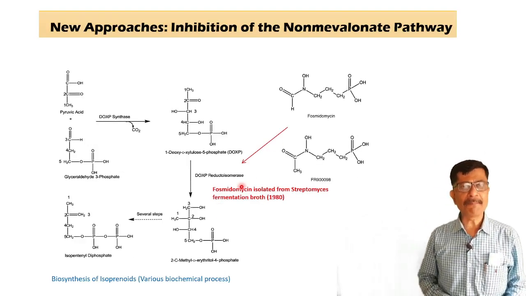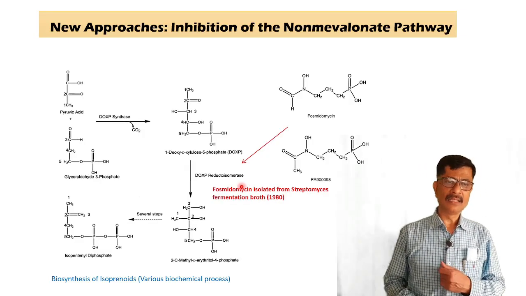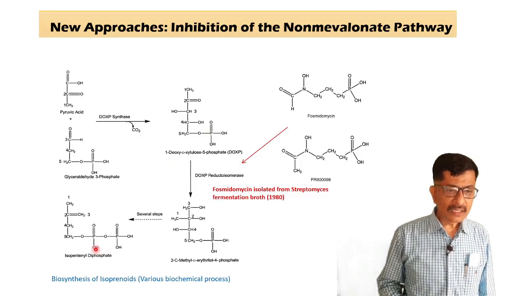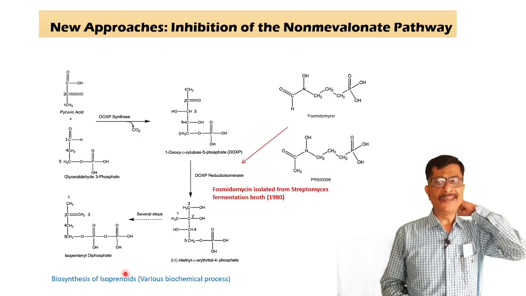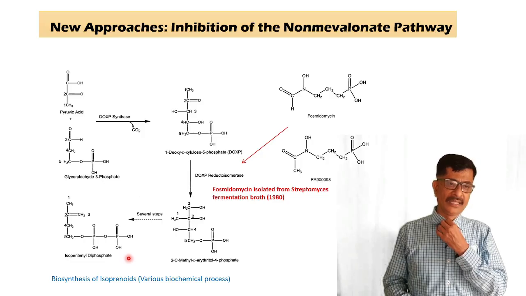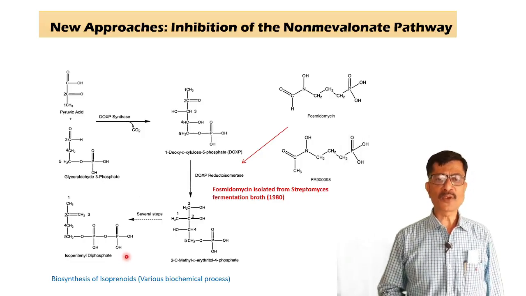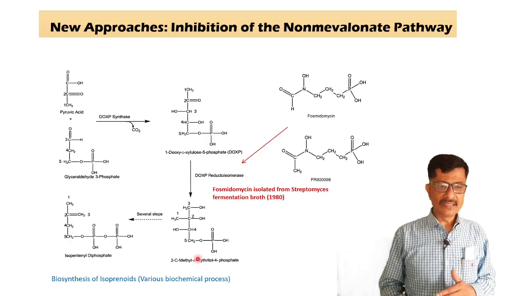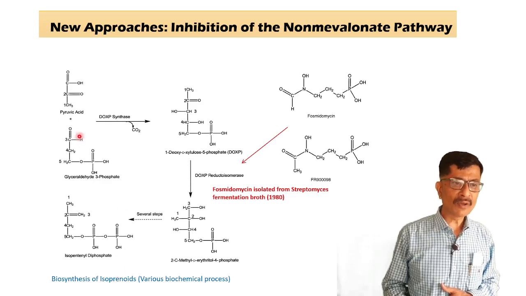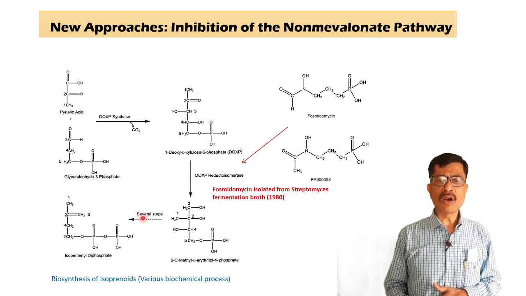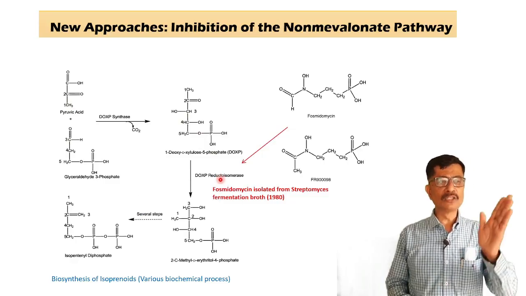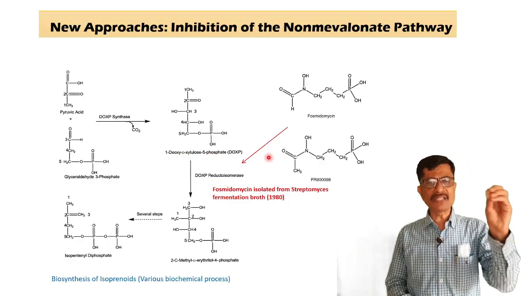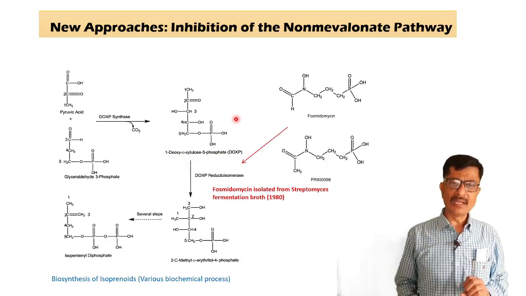Now there are some new approaches for the treatment of malaria, like inhibition of the non-mevalonate pathway. Now see, these isoprenoids, which are required for different biochemical processes, are synthesized in humans from mevalonic acid, that is the mevalonate pathway. But in parasites, these isoprenoids are synthesized from pyruvic acid, and this pathway is called the non-mevalonate pathway. This non-mevalonate pathway does not exist in humans, it only exists in the parasites, that is Plasmodium. So this is the selectivity of drugs which act by inhibiting